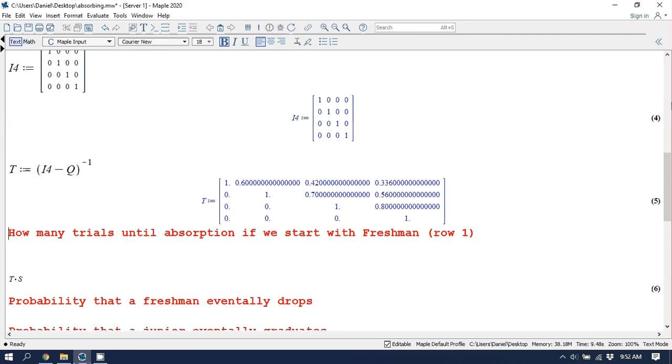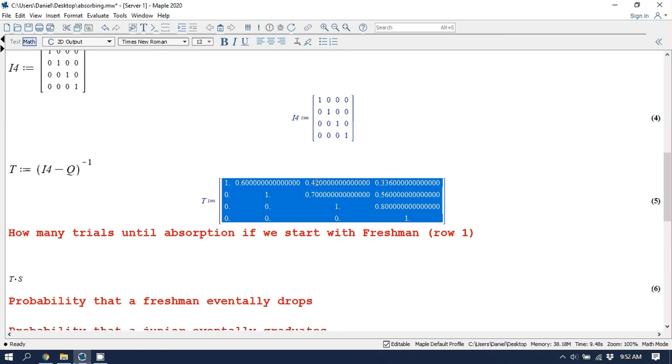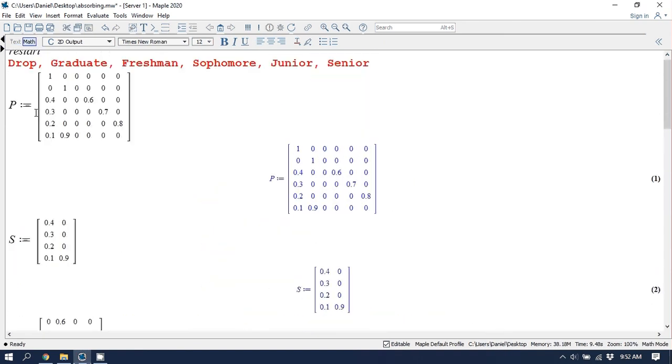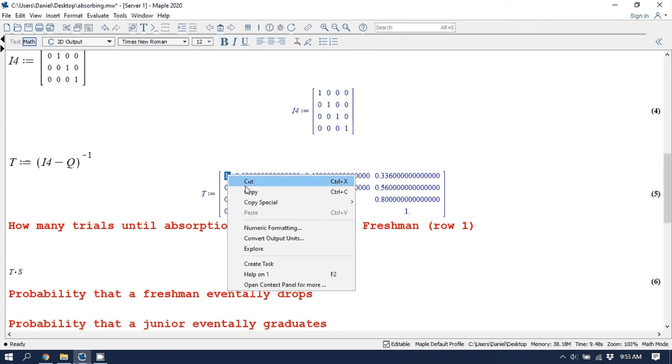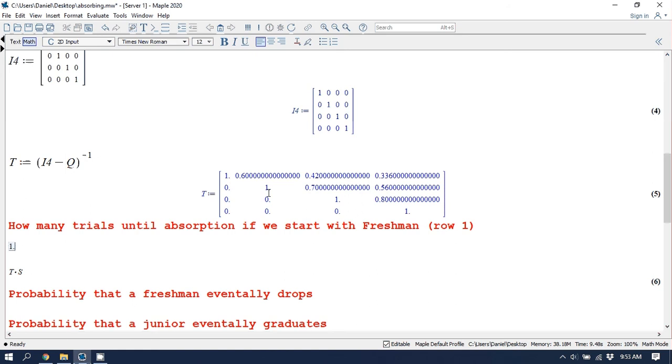That's the inverse matrix. And remember, the meaning of this fundamental matrix is to give you an estimate of number of trials until absorption if you start in a non-absorbing state. So let's say we start with the freshman state, which is, in this case, row 1. Row 1, which is basically row 3 from the original matrix, right? But in this fundamental matrix, each row represents a non-absorbing state. So if you start in freshman state, the sum of the entries of this row, so we're going to copy them here in the math mode,